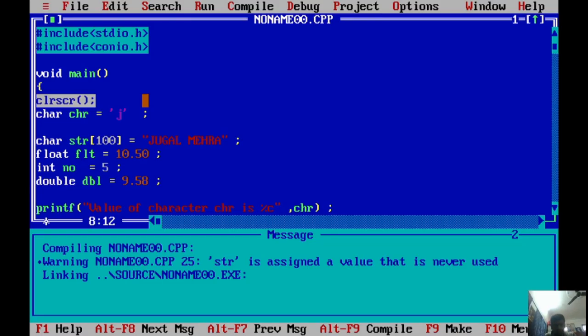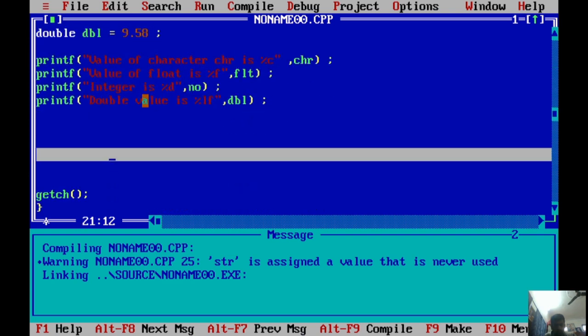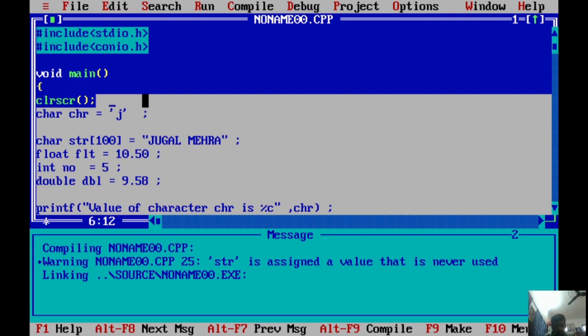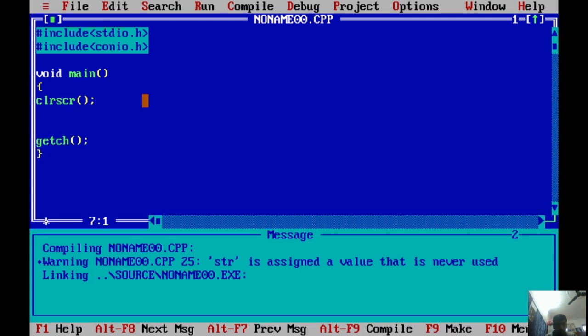Let's jump right into the practical now. So let's clear the older program and we will start writing the new program.